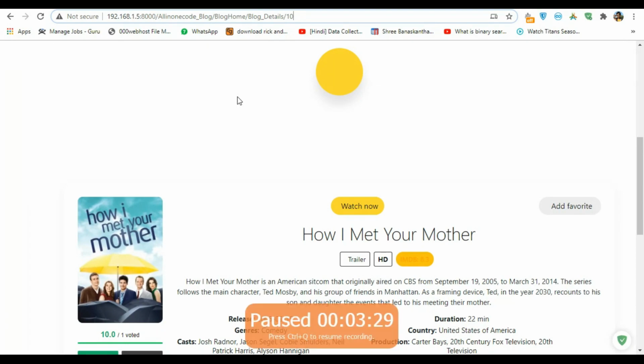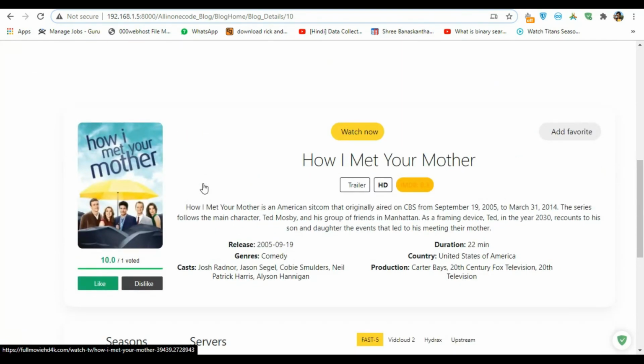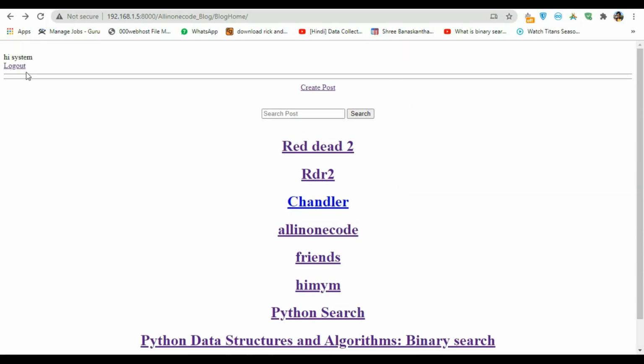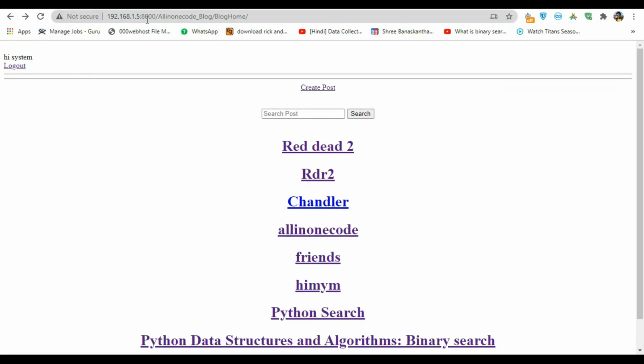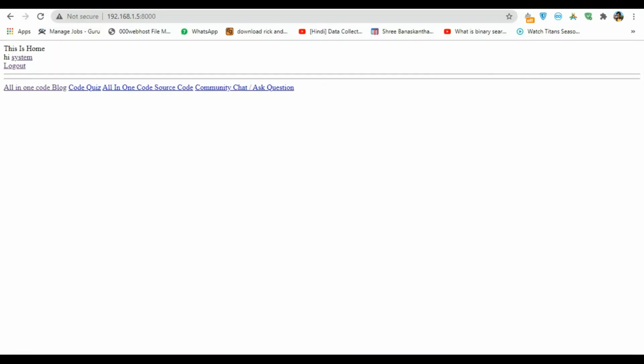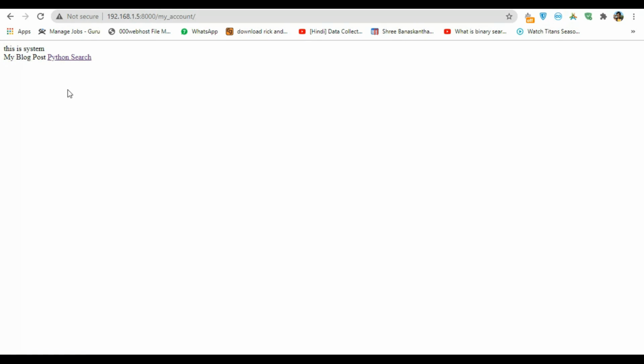Now if the logged in user is the author of the post, for example when I go in the account app, you can see all of the posts created by system. The author is system, so I got only one. But if I change the account, let's try.